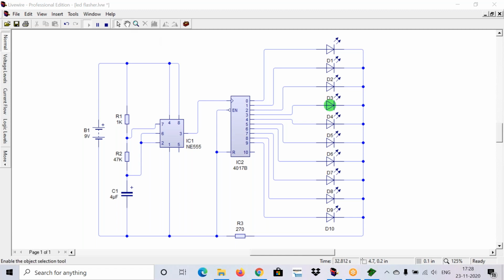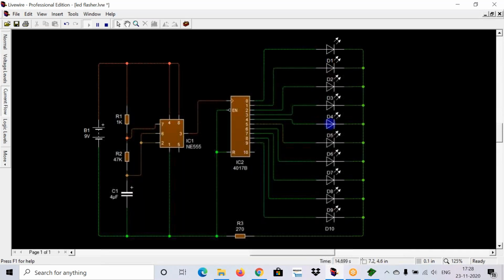Once it is in running position, you can check the voltage levels as well as current levels. Just change the options. Now you can find the voltages at different points. And if you change it to current flow, you can clearly observe the current flow also in your circuit.